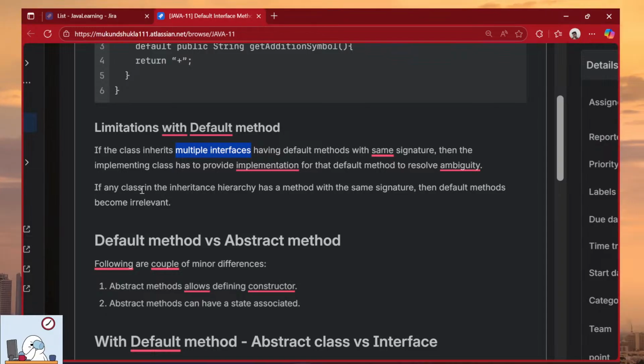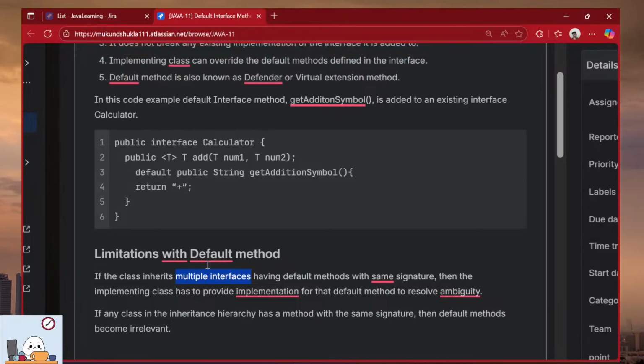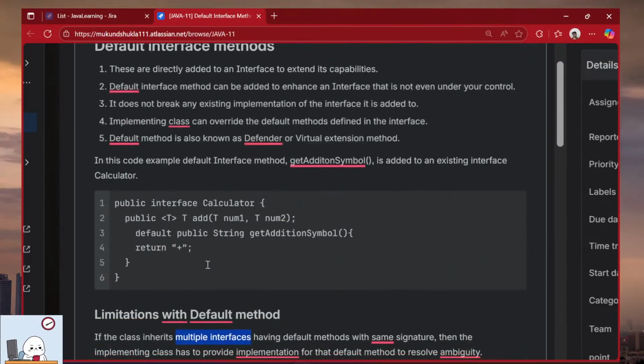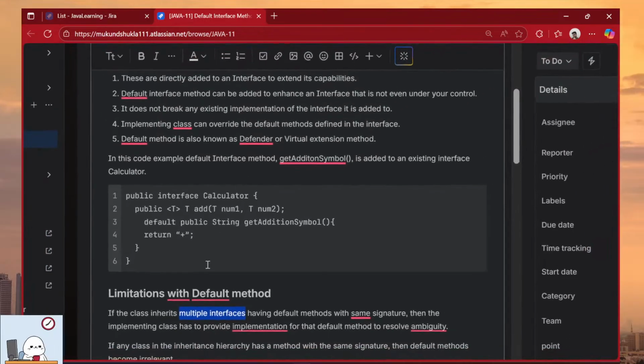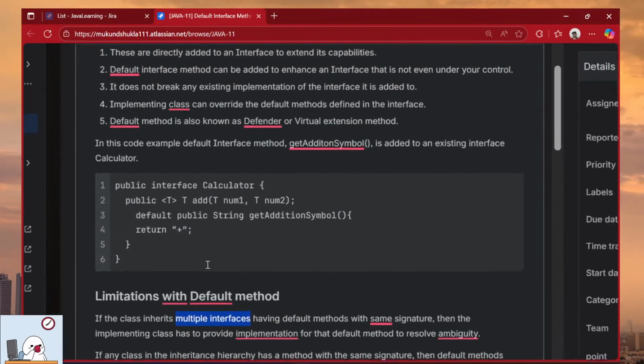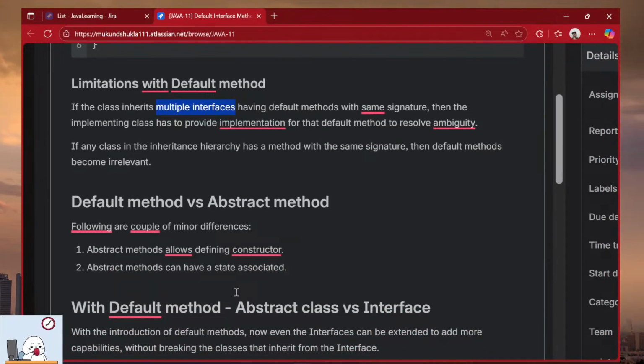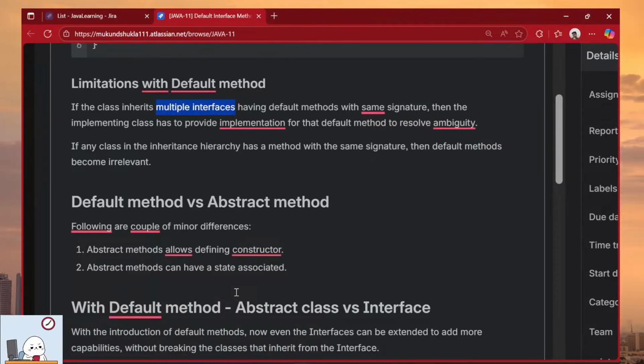If any class in the inheritance hierarchy has a method with the same signature, then the default method becomes irrelevant. I don't know what it's all about, and this is not even that important. I have personally never seen this default method being used anywhere, but it's just a concept. I want you to know every Java concept, because the main thing when you write your exam is you should have confidence in you. If you don't build confidence, you can't write your exams. So this is the reason why I'm